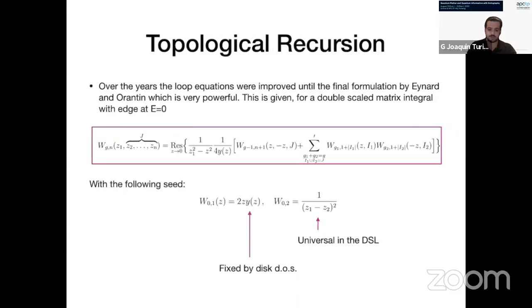And okay, this is the recursion, and the only thing to notice is that it's the same formula as before for the Laplace transform of the Weil-Petersson volumes. And if you remember, there was some function, a sine of C, that appeared there that fixes the spectral curve, or fixes the density of states of the matrix integral. And the one you need to produce the volumes is the same as the one that JT gravity gives you. So that's the non-trivial